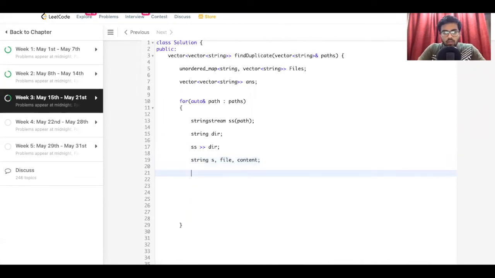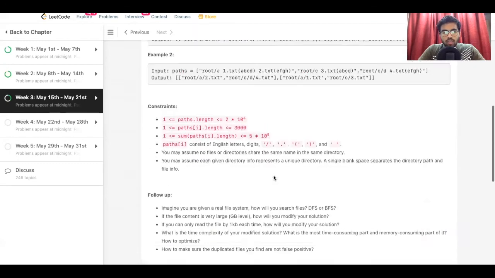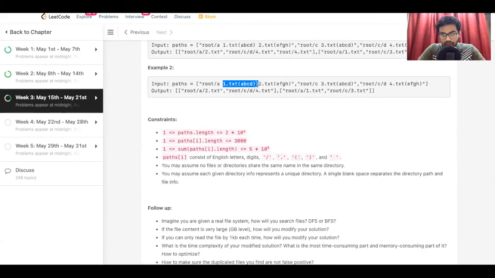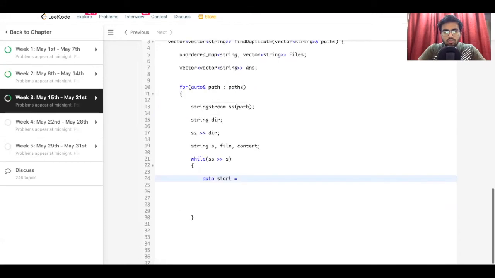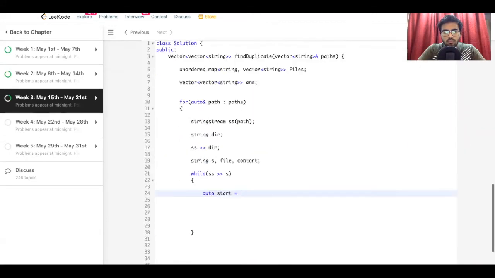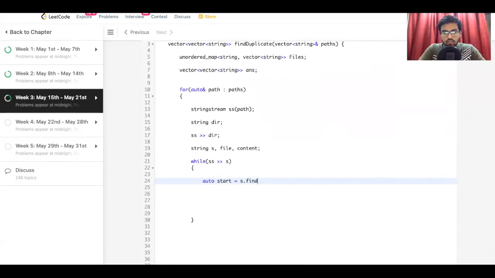Okay, now let's run a while loop for the string so that we can encounter the file name after every space. So for that, first we'll be finding auto start is equal to s.find open bracket.